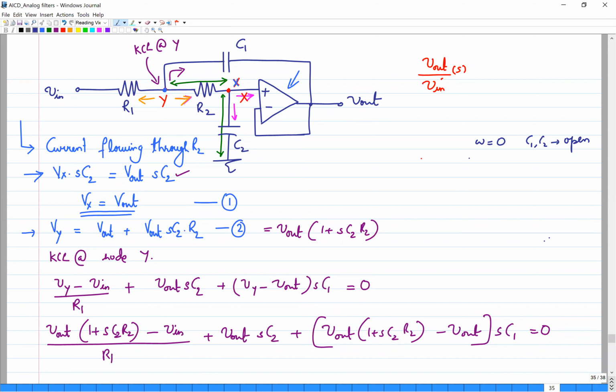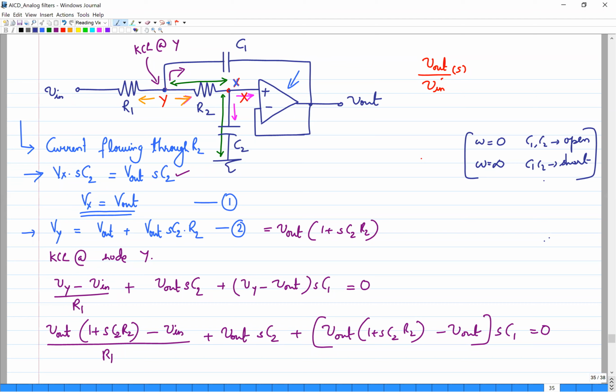But as frequency increases, coming to very high frequency, C1 and C2 will actually act as short, right? So when your C2 acts as short, your Vx is equal to 0. That means your Vout is also equal to 0. Or in turn, your C2 is also actually connected back. So that means your Vout node is same as this node, right? So this is actually connected to 0. There is no current flow, so for high frequency, the circuit will not work, right? Your output will be 0. So that is how this works as a low pass filter.